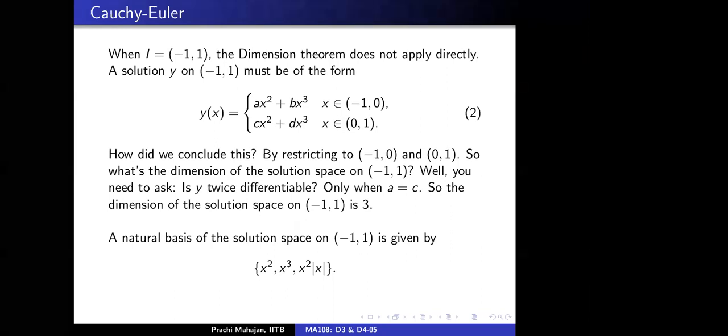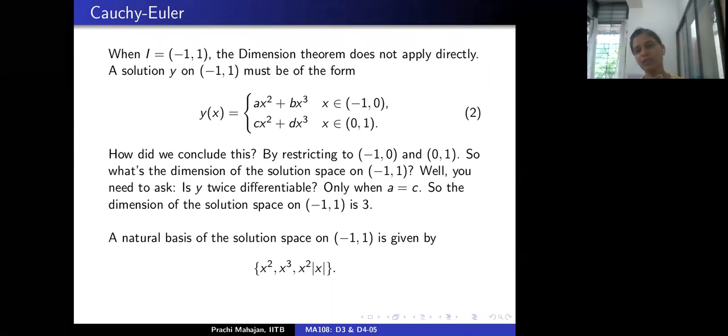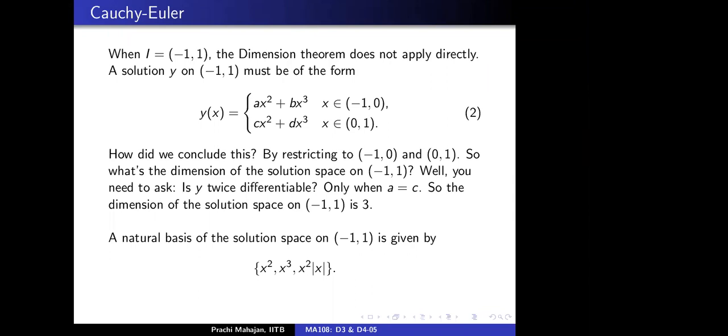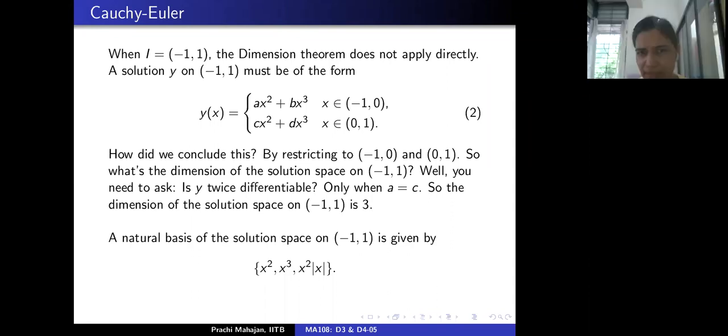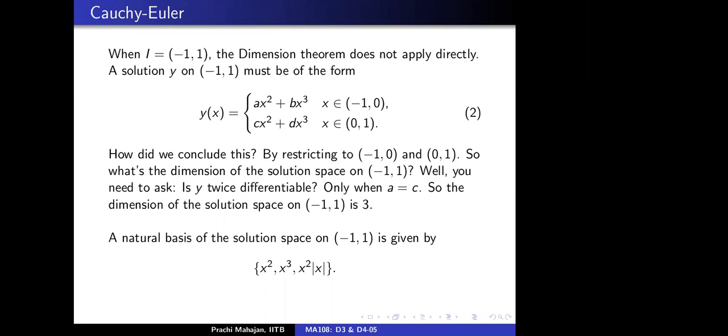Excuse me, ma'am. Yes, go ahead. Is this a unique basis? Yeah, that is something to be thought about. I don't know, let's think about it. What I said initially, the first function can be x square. The second function we can take, defined as x cube on -1 to 0 and 0 on 0 to 1.